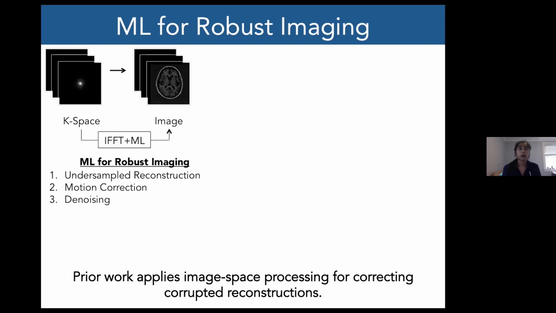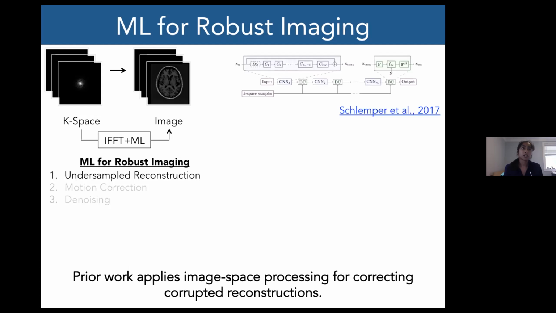And almost all of that work applies processing that operates directly on the image space data after an inverse Fourier transform has been performed on corrupted k-space data. And so here are three examples of that. The first one, by Schlemper et al. from a few years ago, deals with the undersampled reconstruction problem. And their idea is to use ideas from standard image space deep learning techniques and combine those with a rule that insists that whatever image is output by the neural network is consistent with the data that's acquired